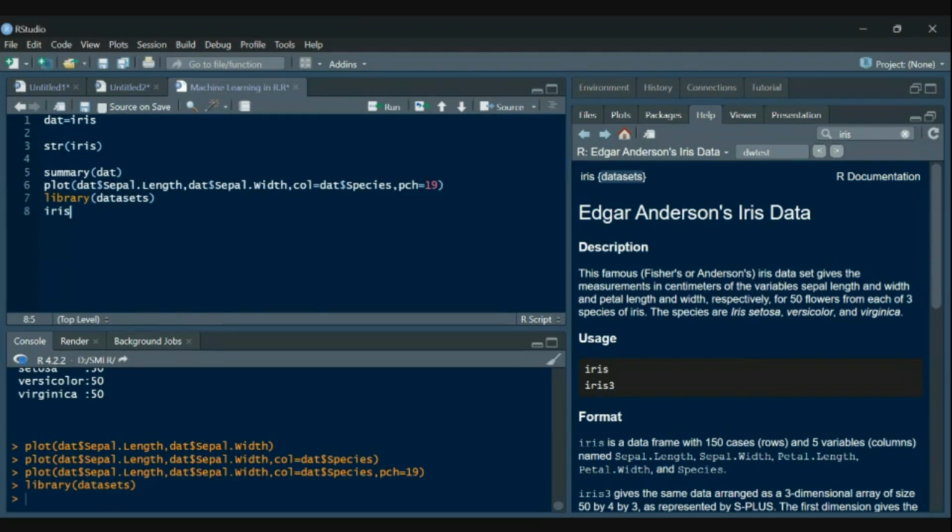Okay, fine. So now, as we can see here, different clusters are formed. Now, suppose we want the mean sepal length for the species Setosa and the mean sepal length for the species Virginica. How do we do that?